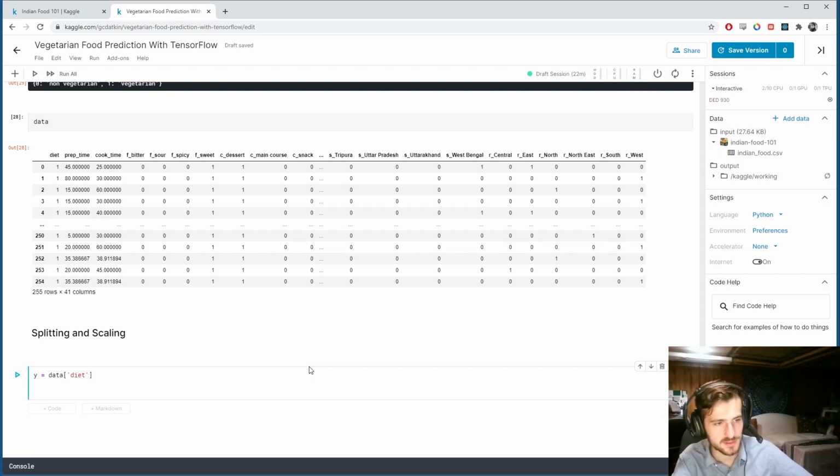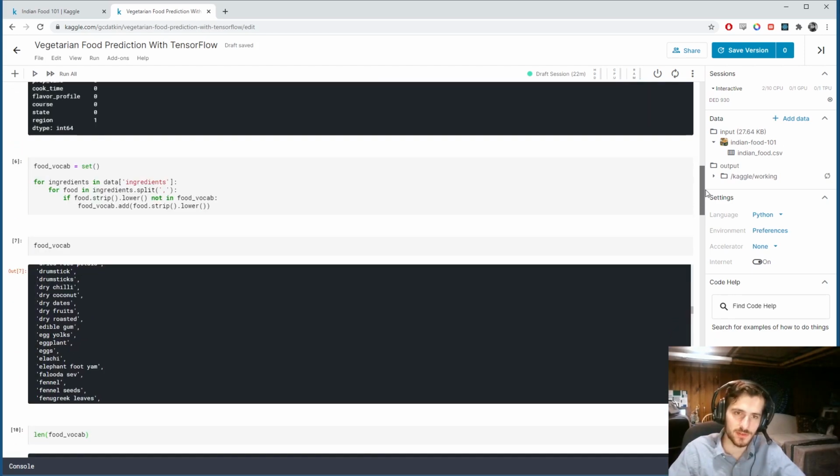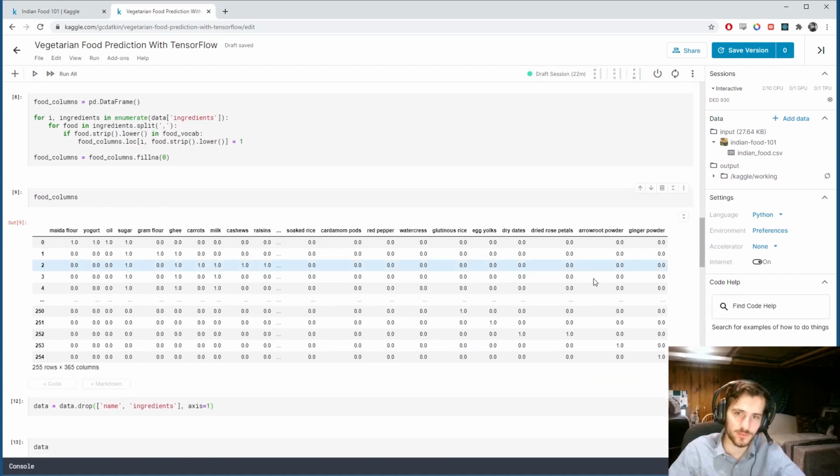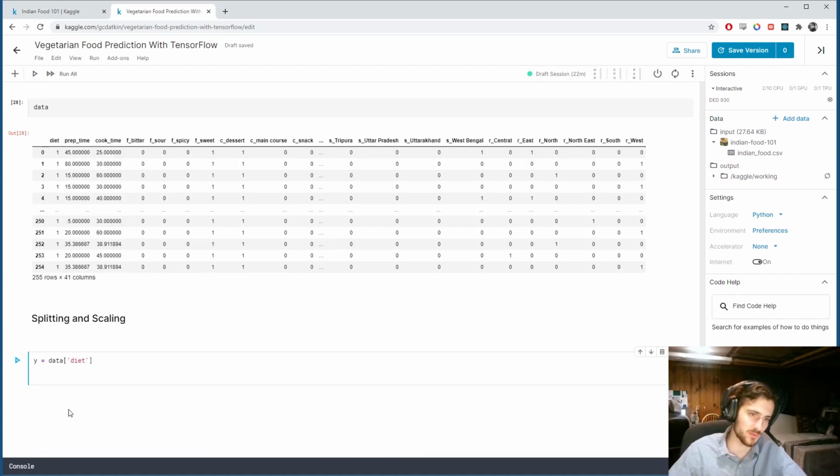Like I said earlier, I'm going to train one model with just these features, and then I'm going to make another model using the food columns that we created earlier and see if it improves the performance of the model. So we'll make a normal x, which will be data.drop diet